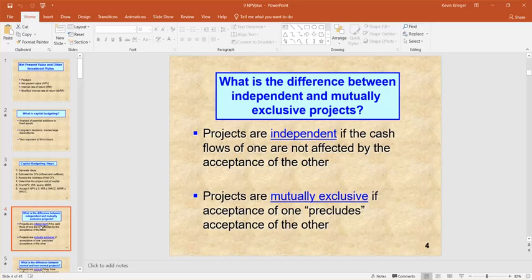Sometimes this is the case for reasons like space, literal real estate or square footage kind of space. Sometimes mutually exclusive projects are mutually exclusive because of cost, that we can only afford to do one of these things or try one of these things now. So that's the thinking we used to introduce that.